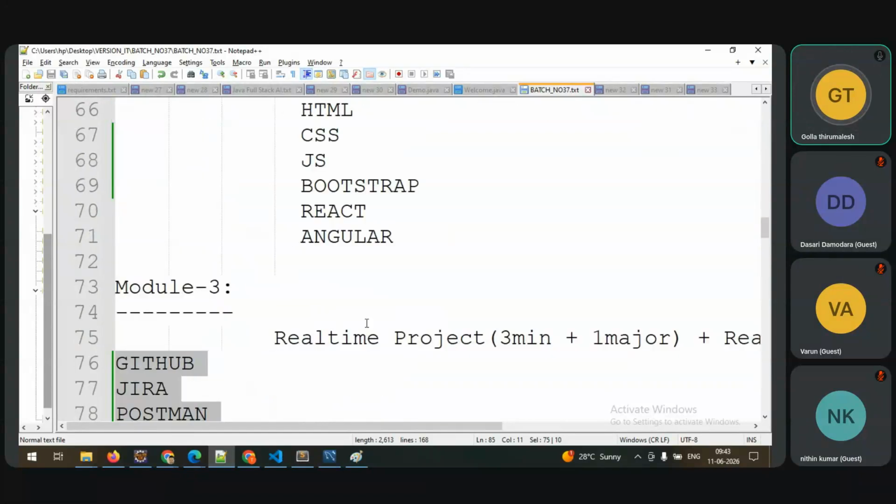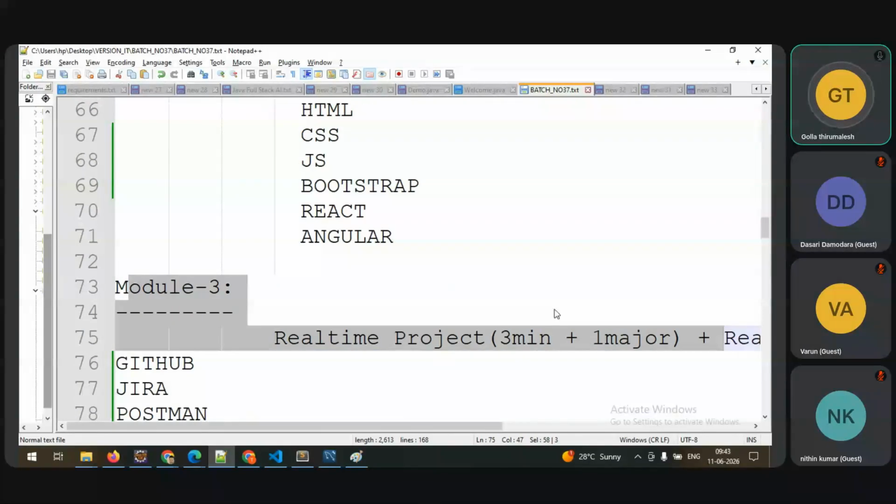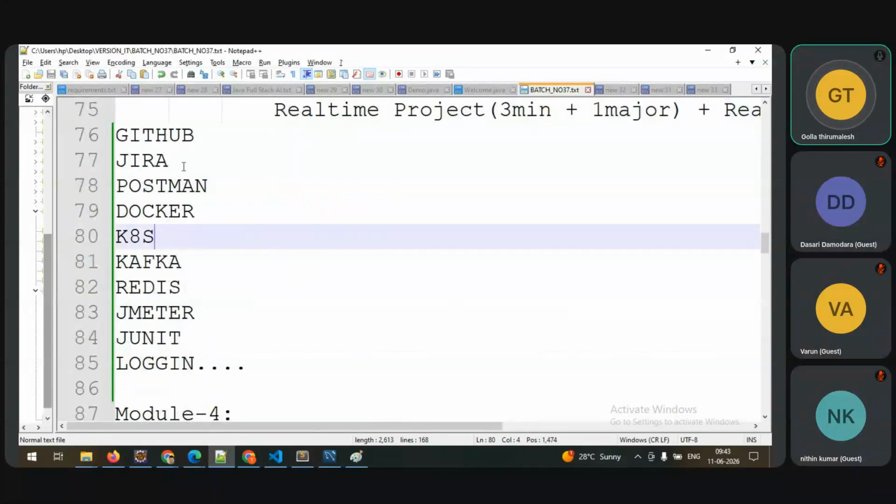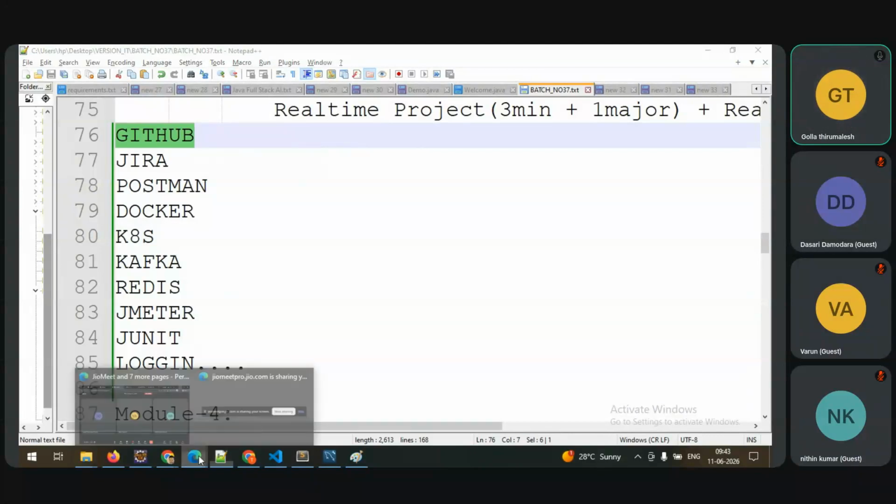So in module 3, I'm going to cover the real-time projects and real-time tools. First of all, what is GitHub, what is Jira, what is Postman? I will explain a few tools, then we will see the remaining tools as I go along. We have GitHub, right? Every day we are going to work on GitHub. Here, for our practice purpose we can use it, and also for company projects we can use GitHub. Okay, if you open GitHub here,